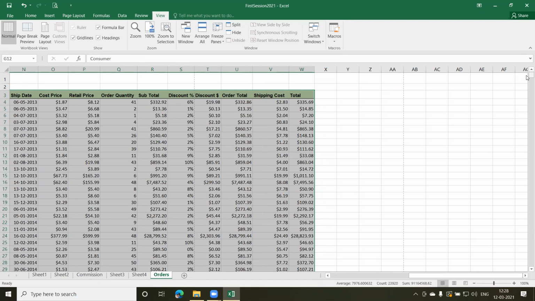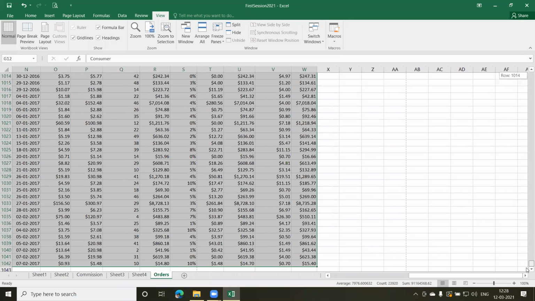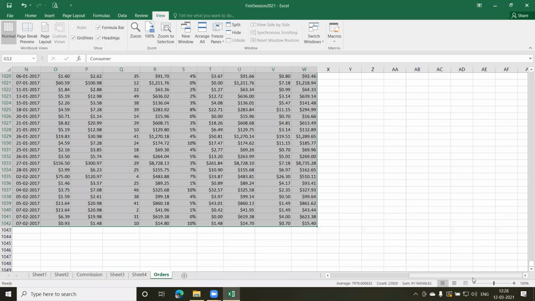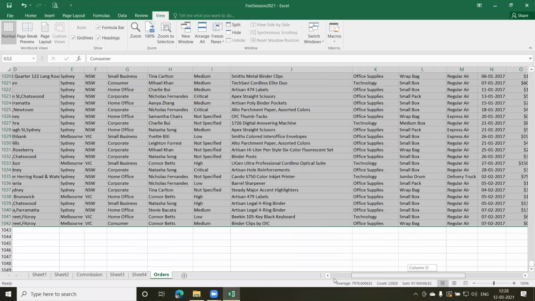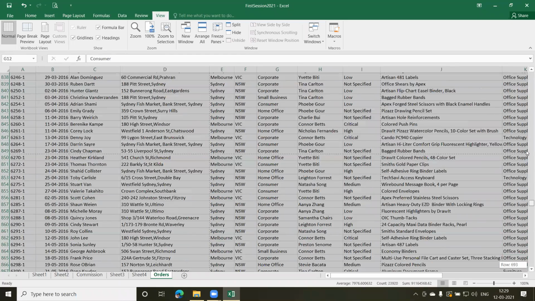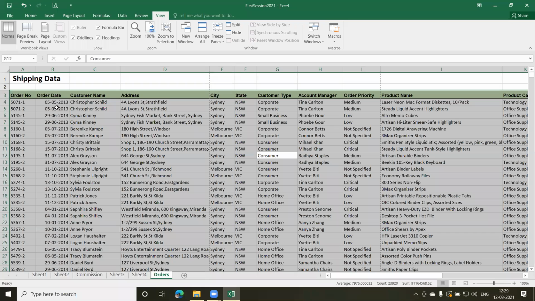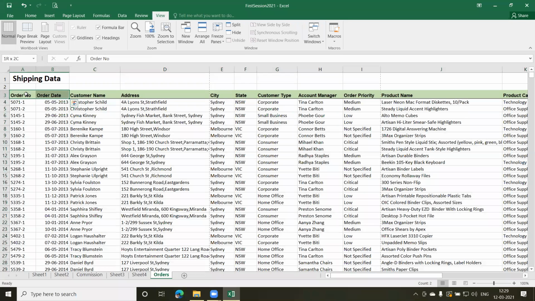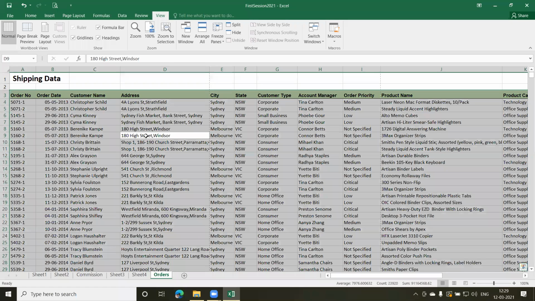When I go down, you can see the last row, around row number 1042, has also been selected. So you need not go to the first cell, that is Order Number, and use the shift key to keep on selecting like this. Just place your cursor anywhere in the data, press Ctrl A and select the range of data which you want to convert into a table.